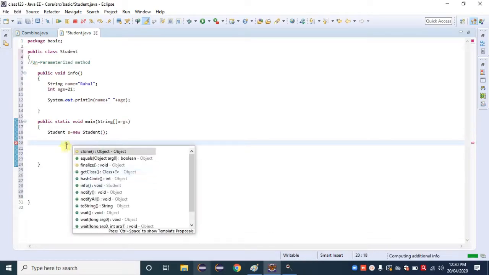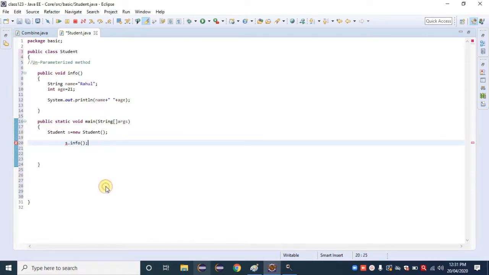When we give a dot here, we simply get suggestions from Java. We simply observe that these are the various methods available. Okay, just find our method. What is the name of the method? info. It is available here. We can also observe here that the return type and class name are given.